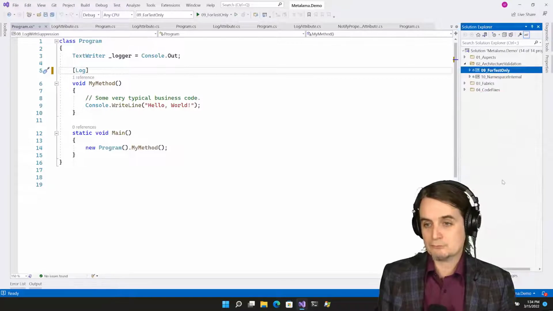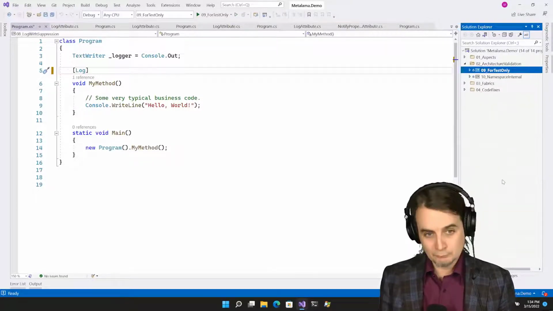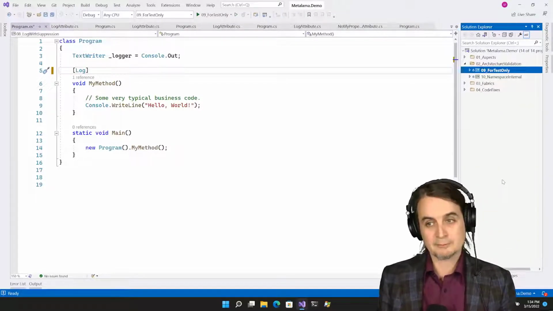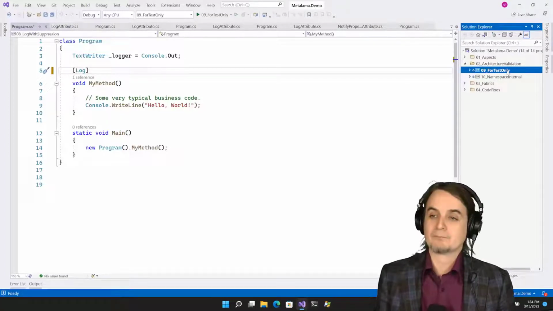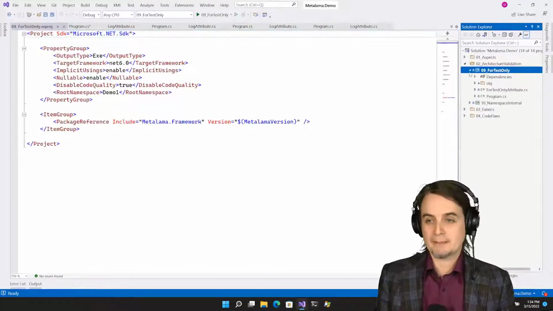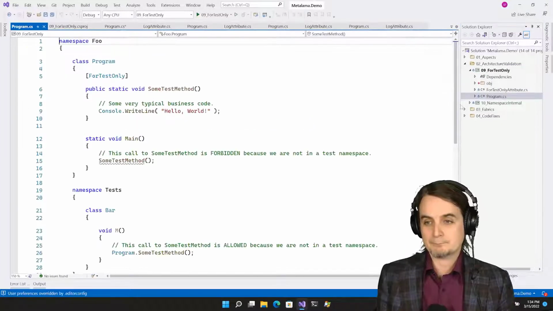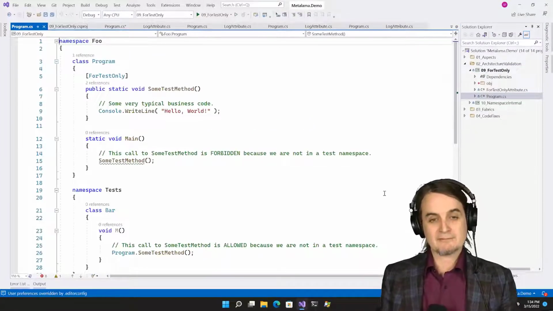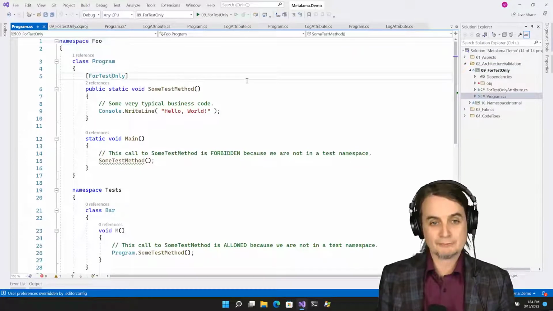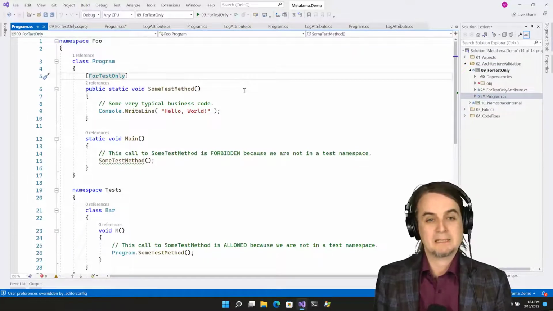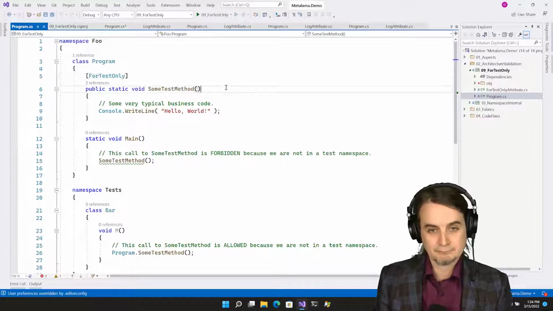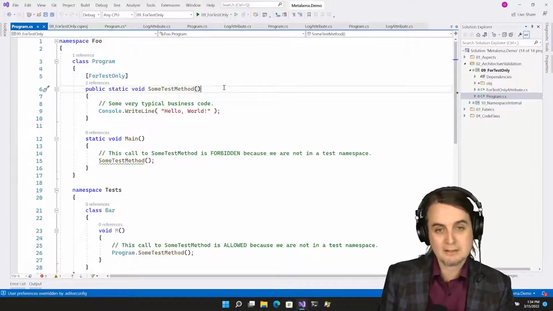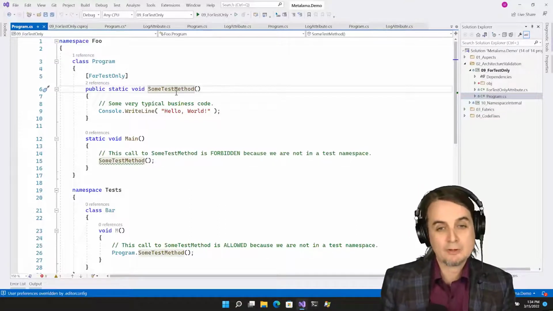The first chapter was all about transforming code. My second chapter is about validating code. And here is what I want to do. As an example of validating code, I would like to have a custom attribute, an aspect, that means that the target method, the target class, can be used only in tests.